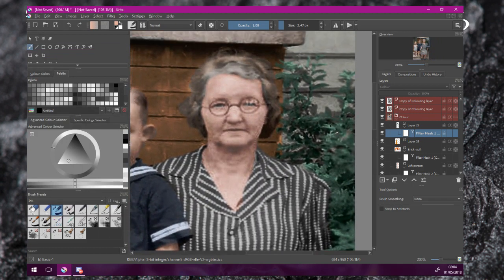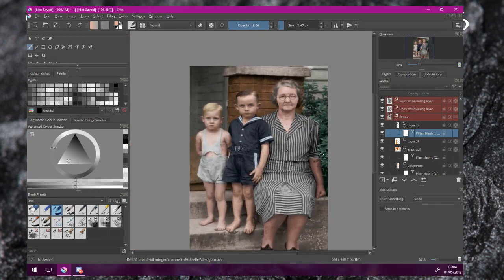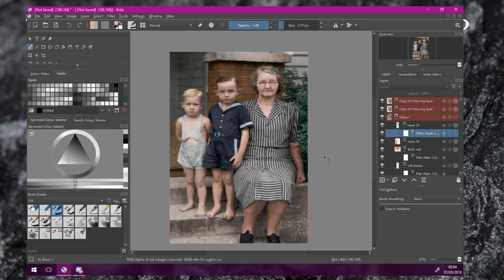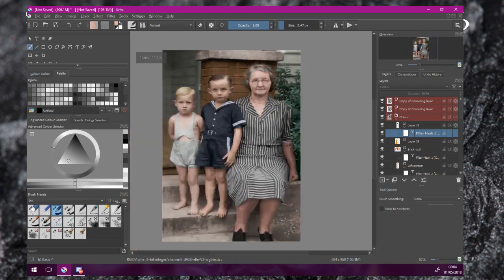So force the colours to go very much onto the darker areas, but not onto the lighter areas. So force the lighter areas to remain light while the darker areas become more deep. So that gives us then some more photorealism. Again, cleaned up the eyes, cleaned up any excess that we've got left over, and then this image is then